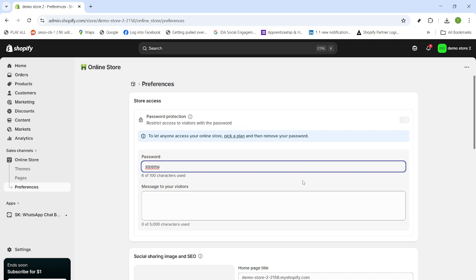A quick way to confirm is to open your store URL in a private or incognito window and check that the password page appears with your custom note. If you ever need to update the wording or rotate the password, return to the same preferences area and make your changes there. That's it. You've successfully locked your Shopify store by enabling password protection, writing a clear